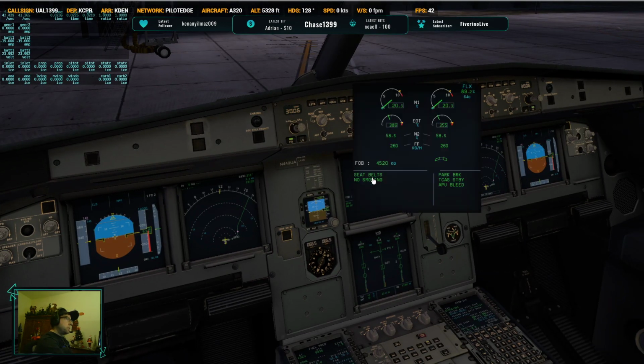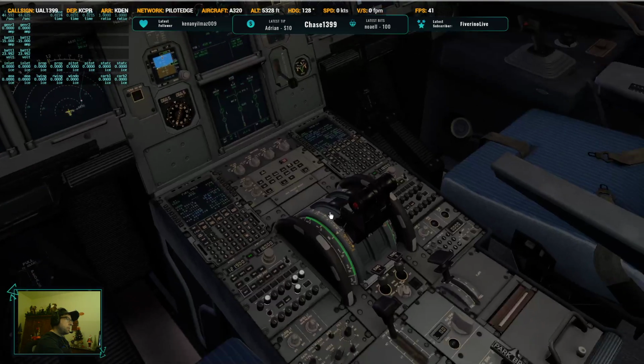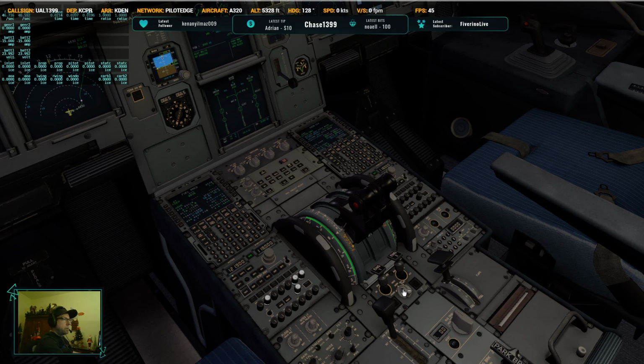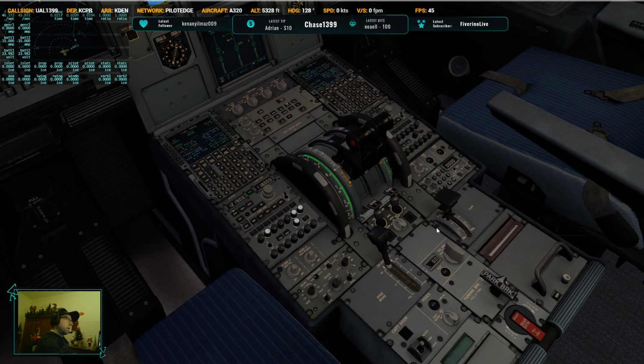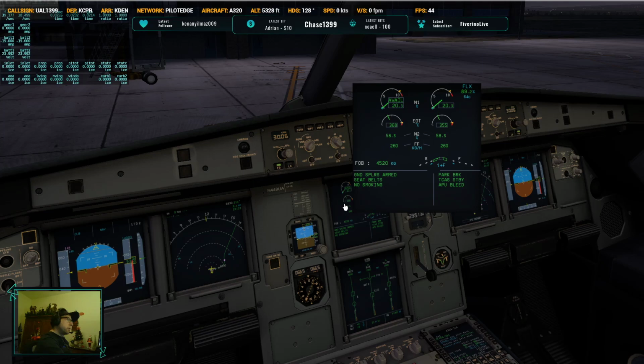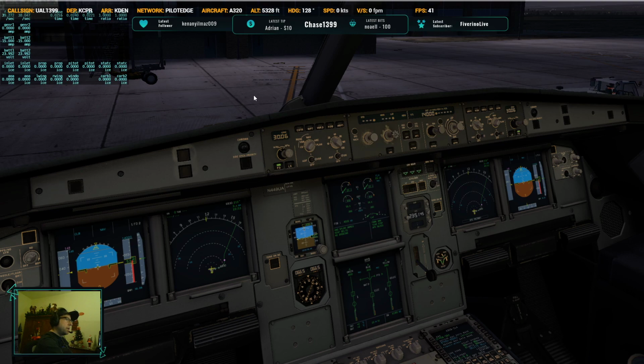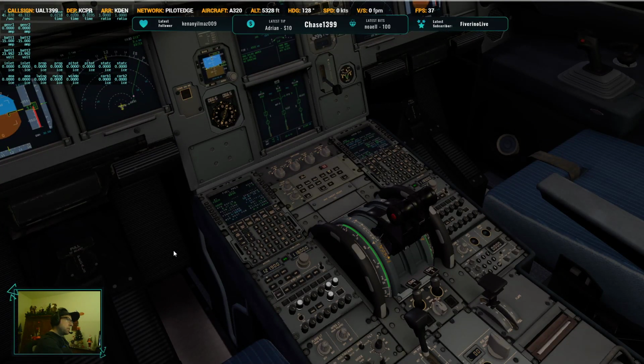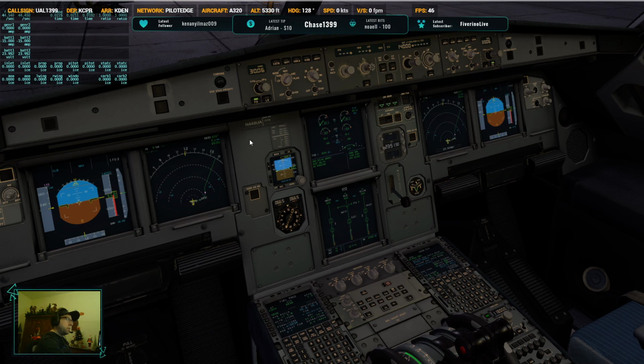All right, so we have 2 good engines, generators available. Ignition to normal. And bypass pin has been removed. Flaps 1, spoilers armed. That will give you a 1+F takeoff configuration, which is the only time you'll see the 1+F. It is for takeoff. Otherwise, it would only be slats or flaps. So you have one of each for takeoff config with this plane. And then that goes back to normal, and now we need to